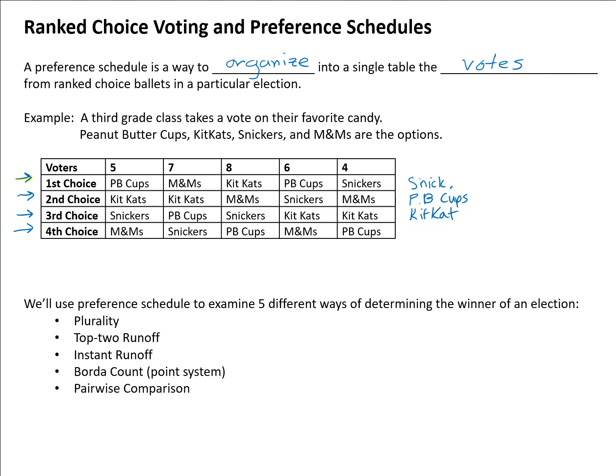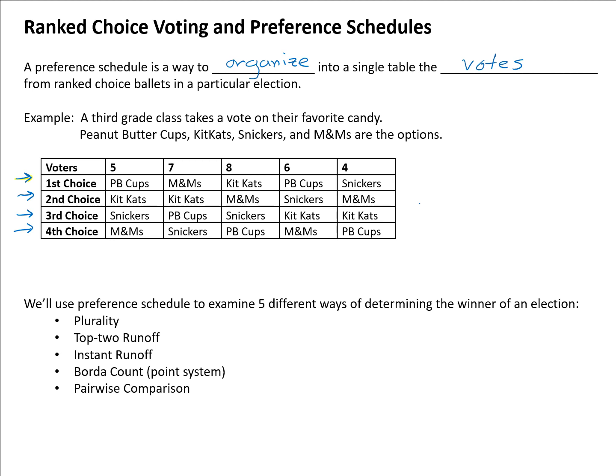And that isn't in the table. The reason it's not in the table is that none of the kids picked that choice. 0 kids picked that choice. So in a preference schedule, if you don't see a particular list of preferences, that's because no one put that preference list in, and so you don't have to consider it. So I'm going to erase my preferences because I was not part of this 3rd grade class that did this